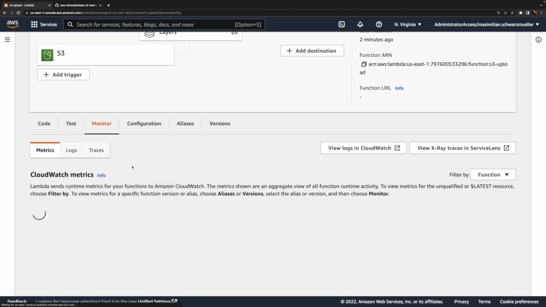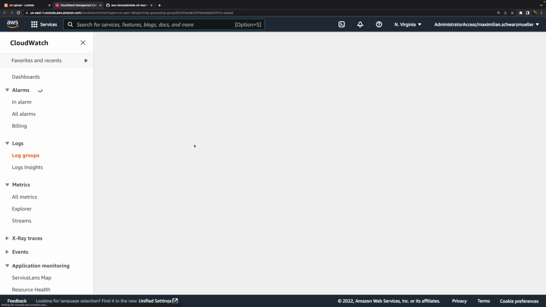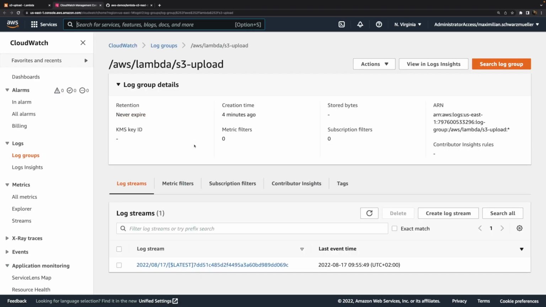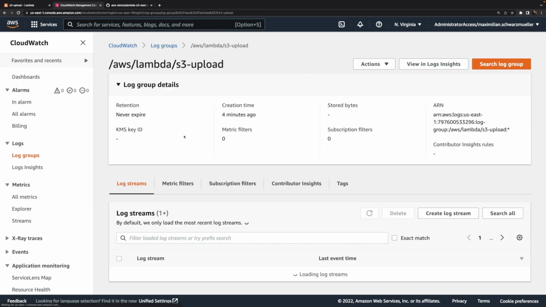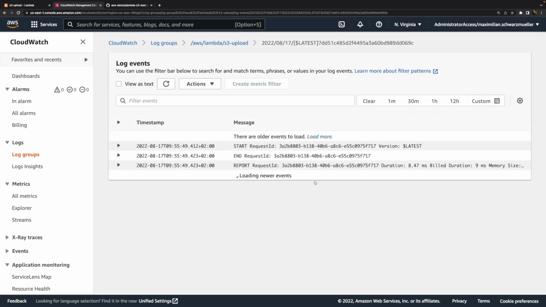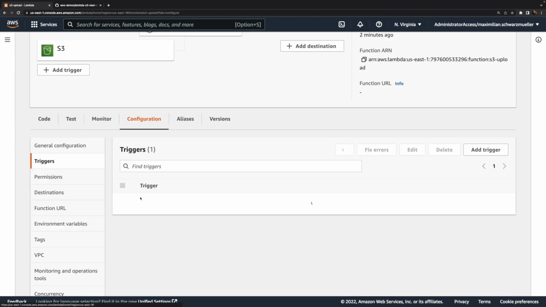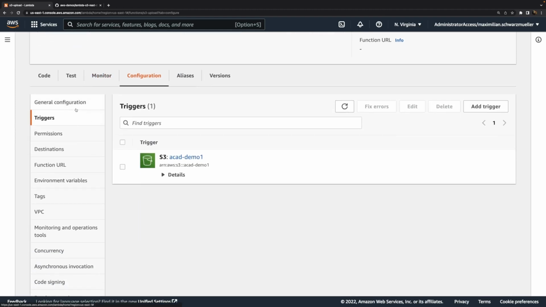You can, for example, monitor function execution and also view logs in CloudWatch, which is another AWS service that helps with monitoring. Now, this CloudWatch log group and log stream, as it's called, was created automatically by AWS when this function was invoked. And here you then see some log output for the function execution. Under configuration, you also got more settings you can tweak.